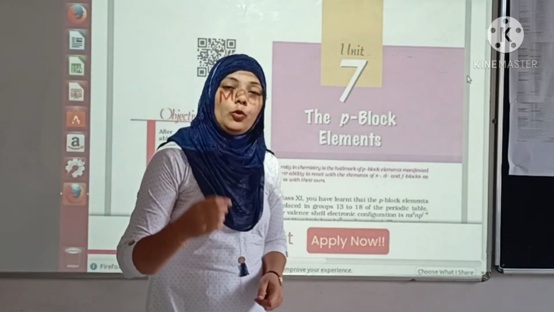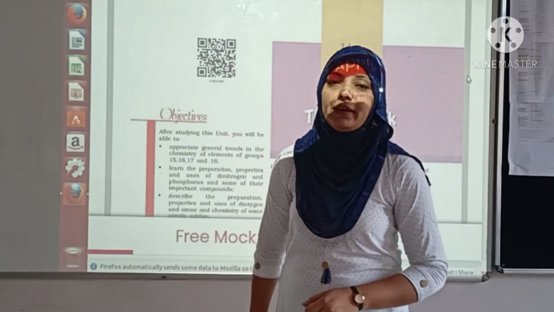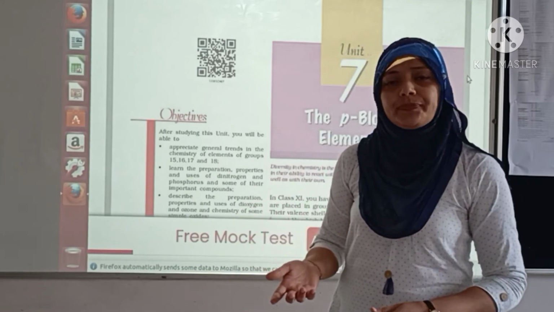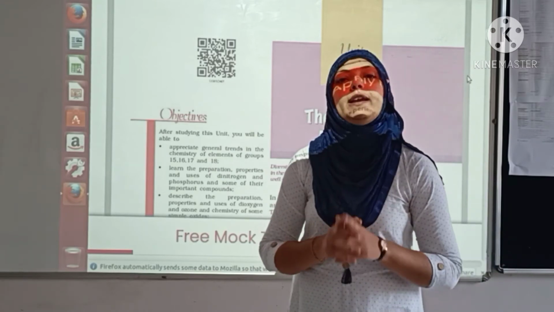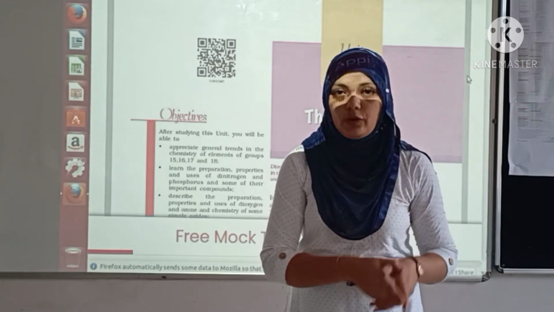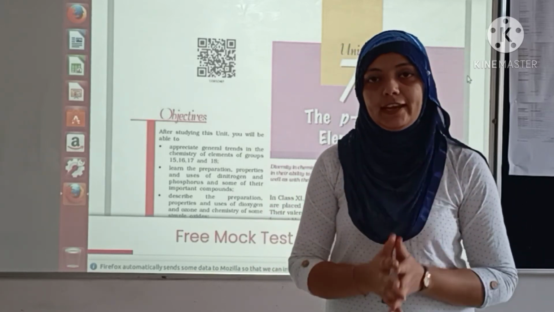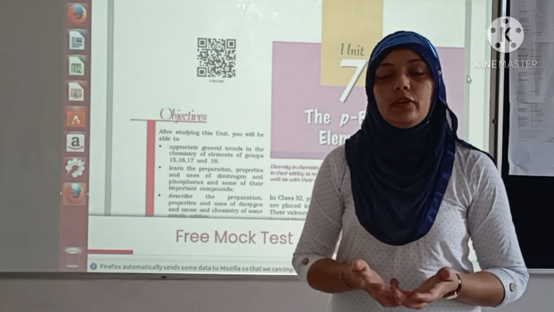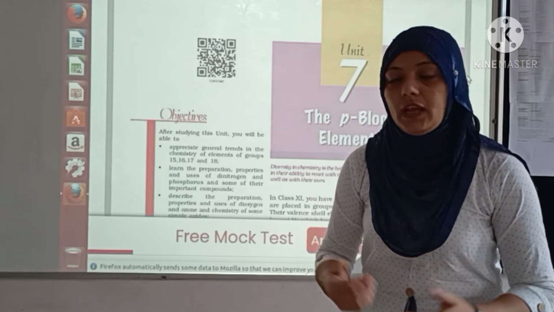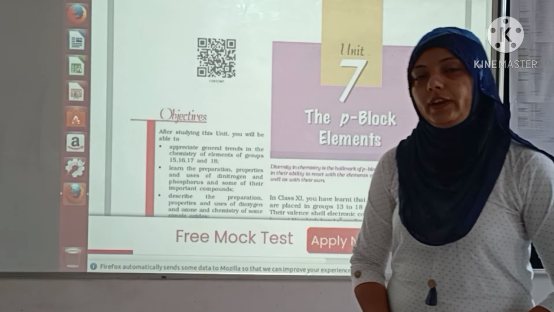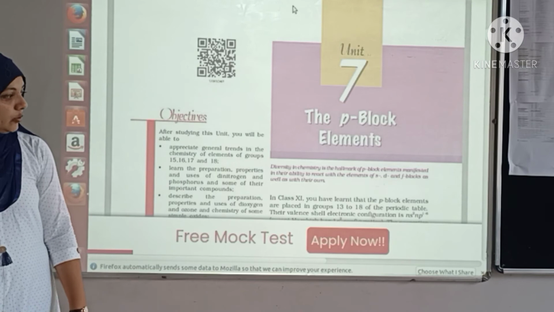First of all, let me ask how do we say S block element, P block element, D block element and F block element? What is the thing on the basis of which we are bifurcating them? If you remember, when we fill the electronic configuration, the last subshell which you are filling with the electron tells you whether this is an S block element or P block element or D or F. So dear students, the same thing happens over here when we are talking about the elements from group 13 to 18. So let us begin.